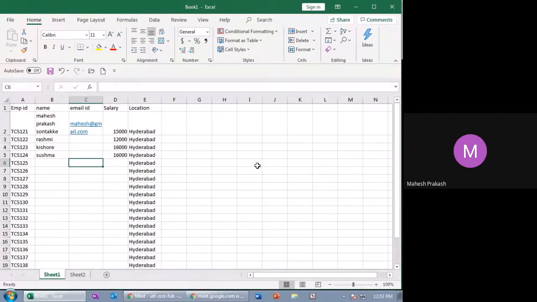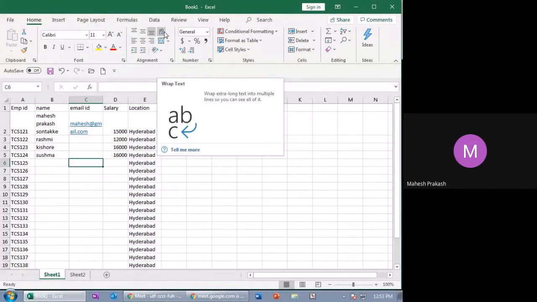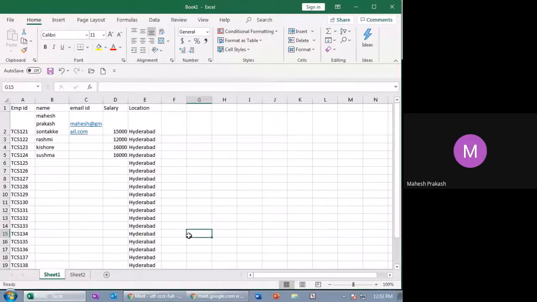So meanwhile, what all have we done? We have done adding rows, adding columns, merge, wrap text, and now I'll tell you about merge as well. If you have any doubts, you can ask me right now. Sir, once again, say wrap text, sir. I didn't get you. Wrap text. So wrap text, okay.